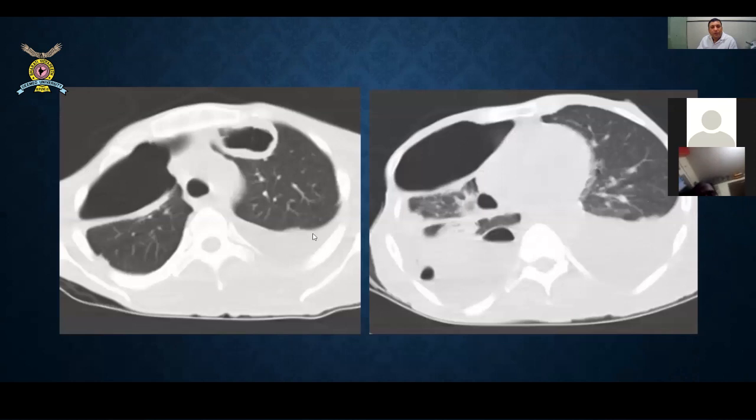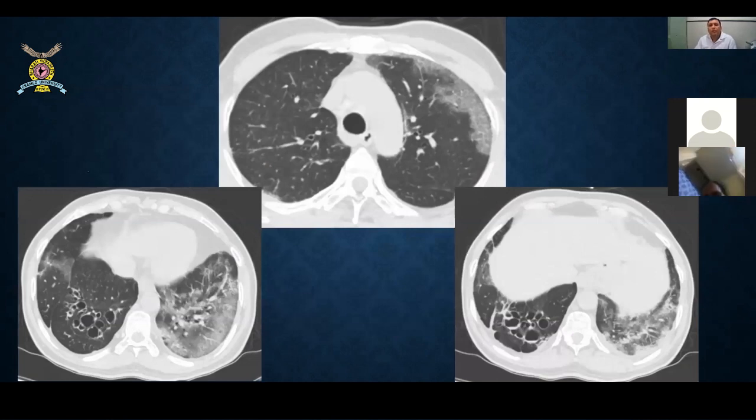This is the second patient. This patient had radiopacities or cavitary lesions in the lung. That's why the CT scan was advised. Clinically, the patient presented with a productive cough. On the CT scan, what you see is a loculated pneumothorax on the right side. And you can see there is a large thick walled cavity in the left lung, along with the presence of bilateral pleural effusion. So this is again a case of sequelae of pulmonary tuberculosis.